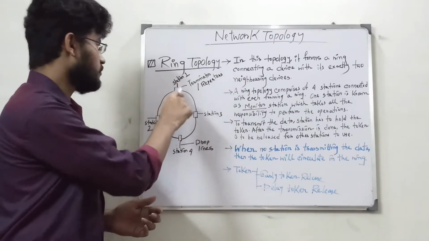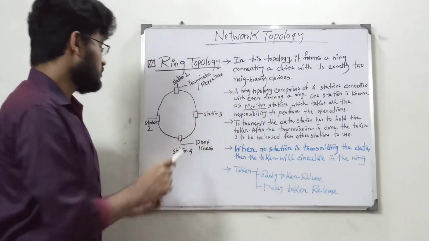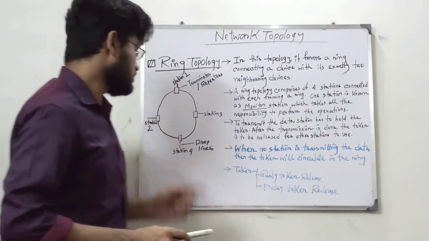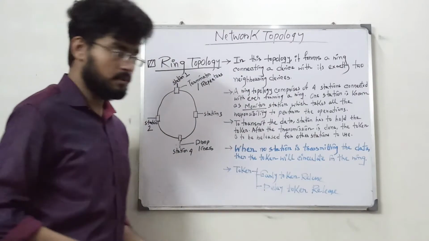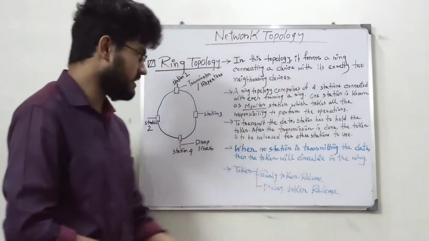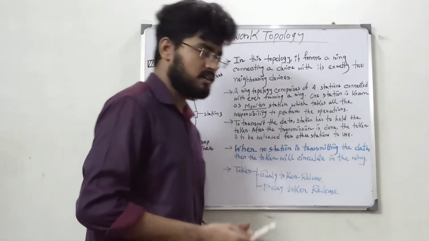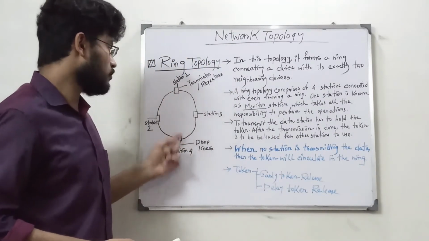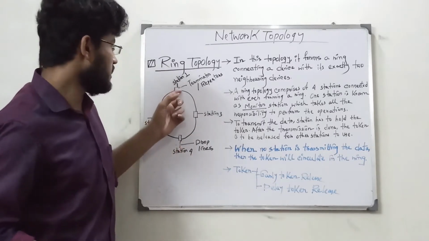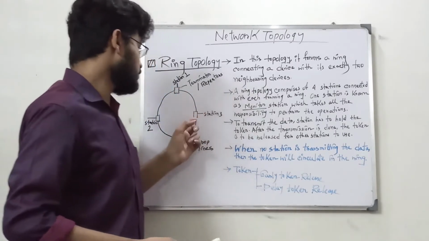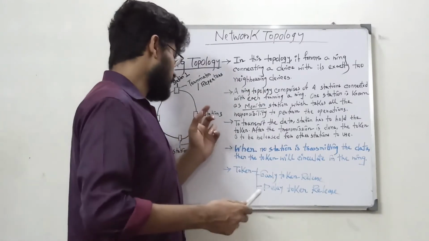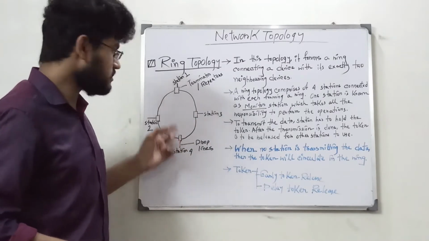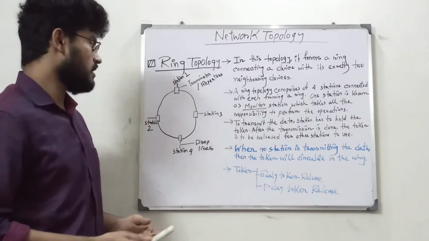Suppose this device wants to send information to this device. It is first passed along through the intermediate device and then sent to the destination device. When information is sent from one device to another, it holds the receiver's IP address. So suppose this device wants to send information to this device, and it holds that device's address. When the information reaches this device, it takes the information, because the information contains this device's address.